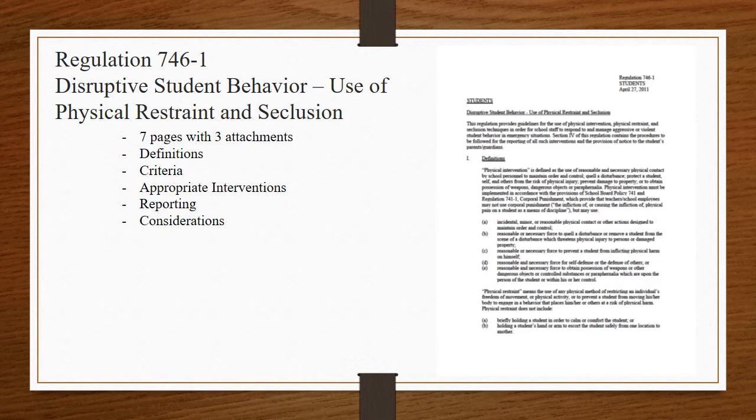Another appropriate intervention is the use of a quiet room, which is seclusion. For this particular intervention, we do not have a quiet room here at Bel Air. However, I need to make sure that I review this entire regulation with you. It talks about in certain emergency situations, staff may use seclusion techniques to respond to disruptive, aggressive, or violent student behavior where less restrictive interventions are not possible or have failed. Seclusion includes the use of a quiet room to provide an opportunity for a student to regain self-control and composure.